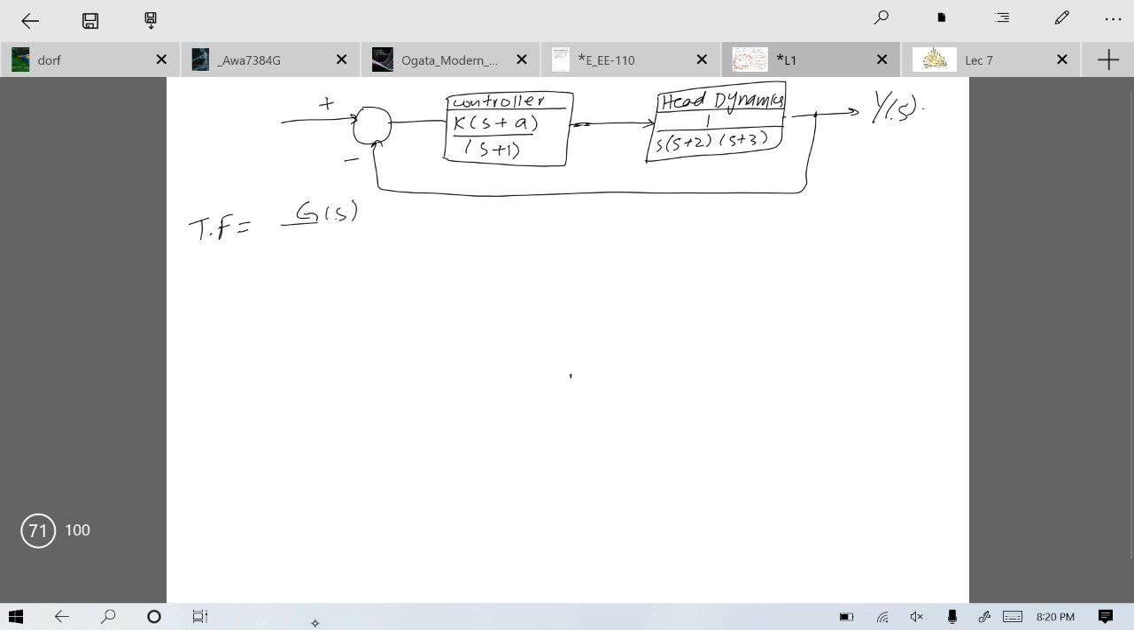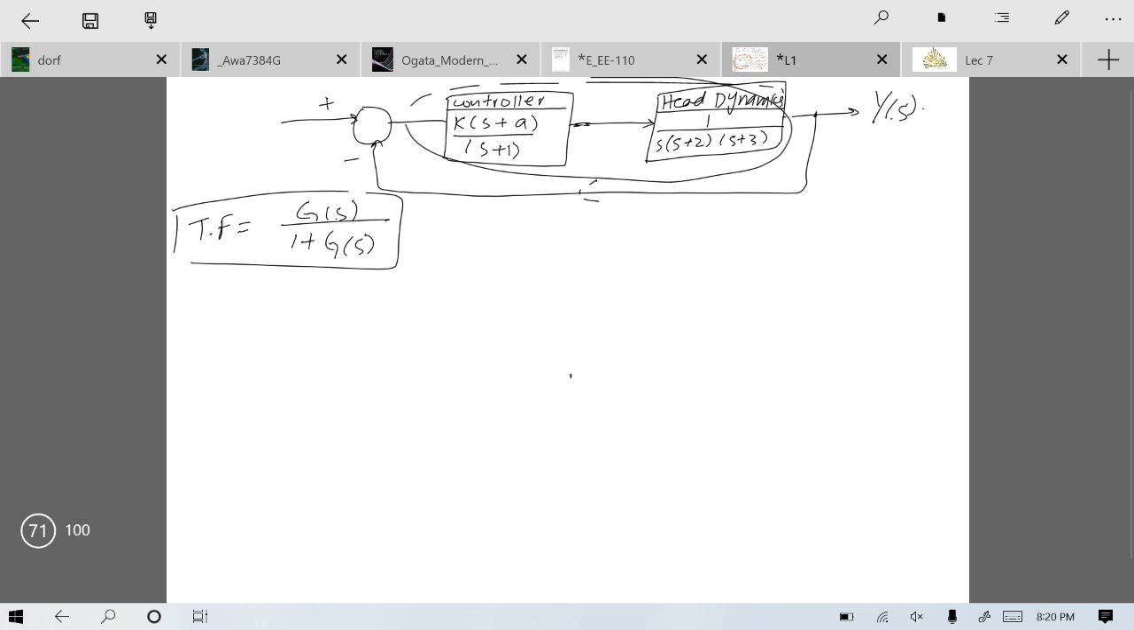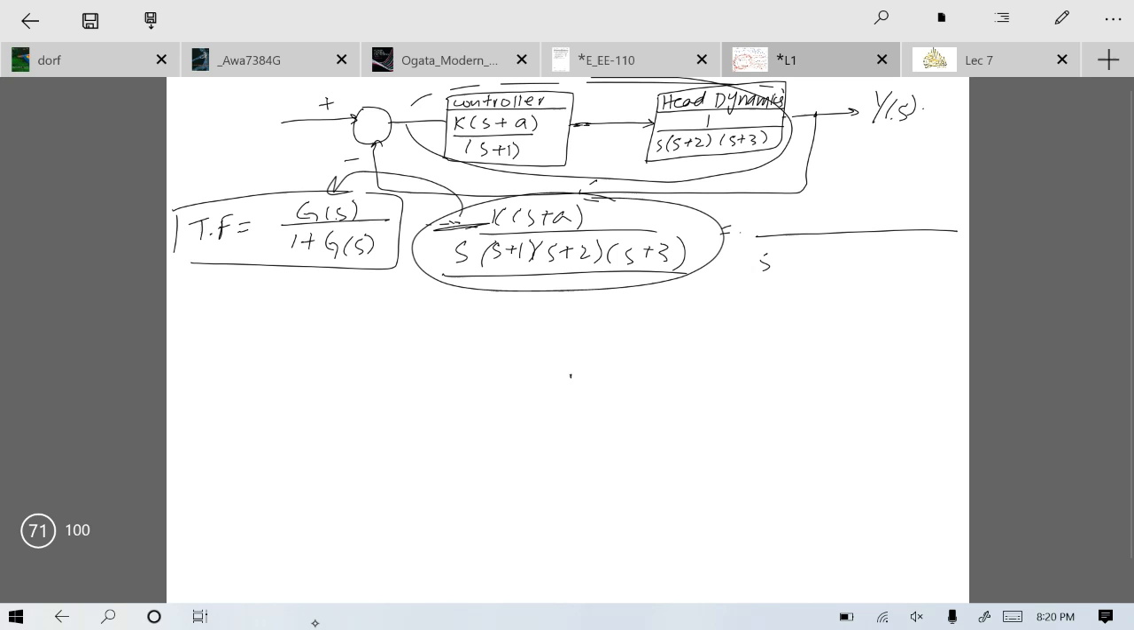You already know the equation for a feedback system, G(s) over 1 plus G(s)H(s). I have omitted H(s) because it is a unity feedback. So this is the transfer function, and this is the G(s). G(s) is K(s + a) divided by s(s + 1)(s + 2)(s + 3). So you can put this G(s) over here, and you can find the transfer function, and eventually